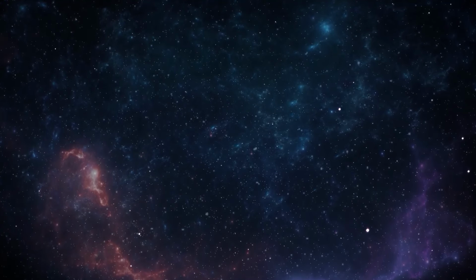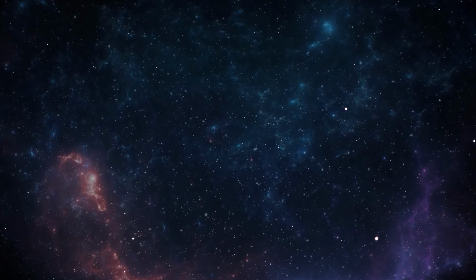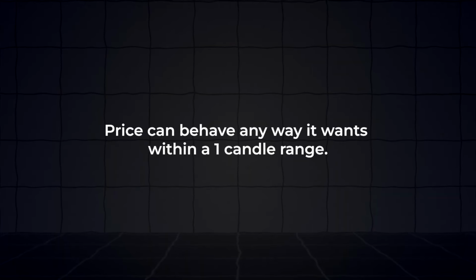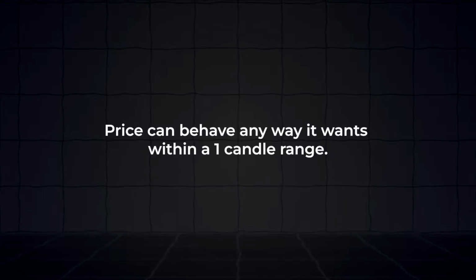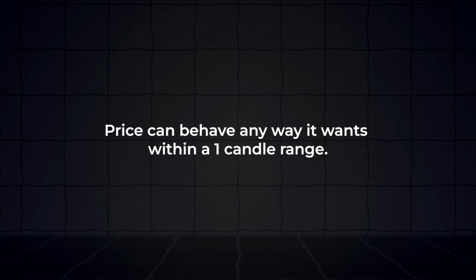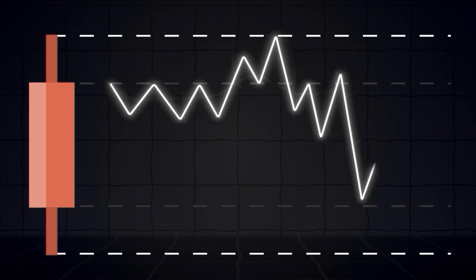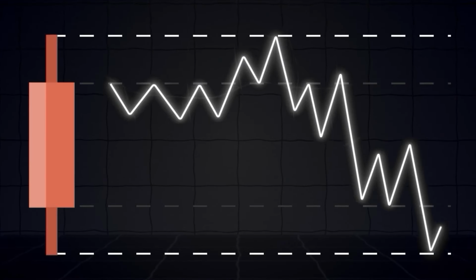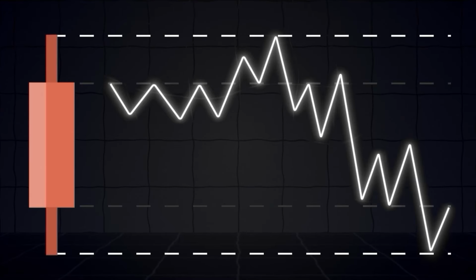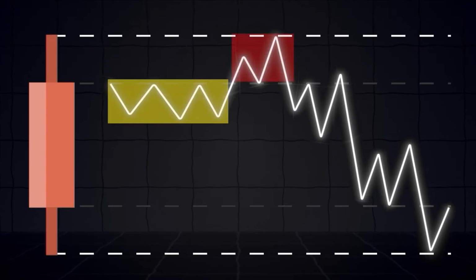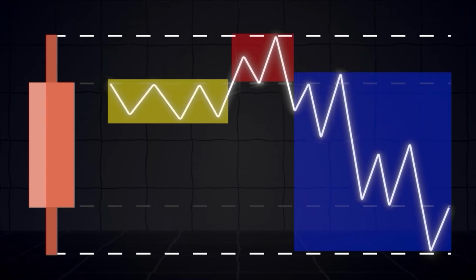This concept can be compared to the structure of the universe. Just as every galaxy consists of star systems, which in turn are made up of planets and particles, every candle on the chart contains an entire world of smaller price movements. Ranges can be broken, tested, or turned into liquidity traps. All of this is reflected in candlestick patterns. Every candle has its high and low. If we drop to a lower time frame, you will see how this range forms between the candle's highest and